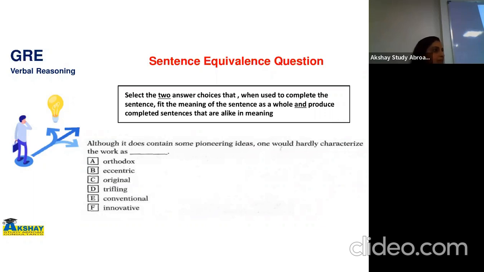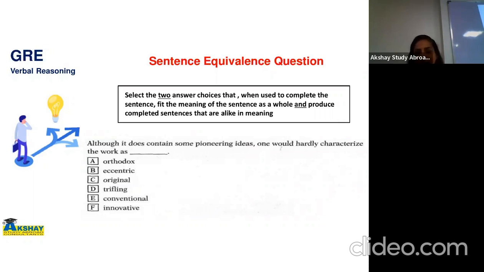Original and innovative. Okay, so although they sound like too many steps, when you practice, it becomes muscle memory, kind of, and then you quickly follow these strategies and you can come up with the correct answer choices. Did you get that? Okay, so what is important? You understood "pioneering" is a textual clue. That is important. Remember this equation: 20 questions, 30 minutes. Unless and until you find such shortcuts, it's not possible for you to answer 20 questions in 30 minutes. There are long passages to read. Understood? Clear? So you must know proper strategies to focus on and to practice.